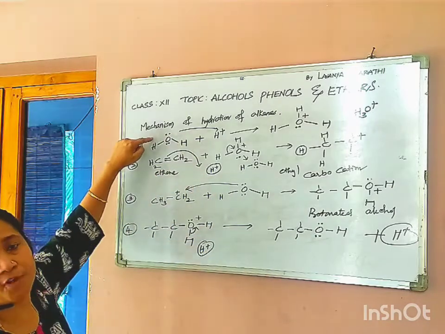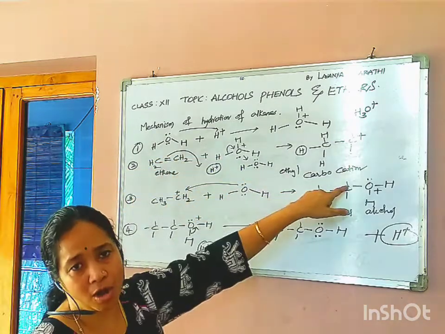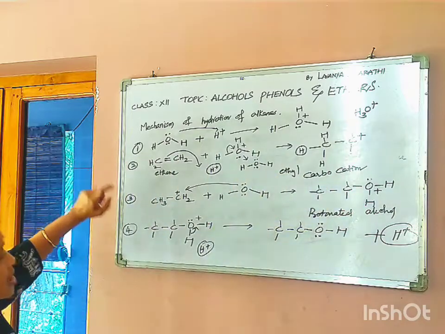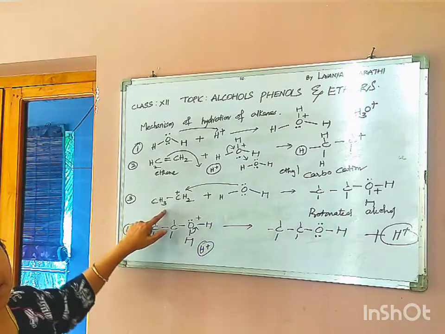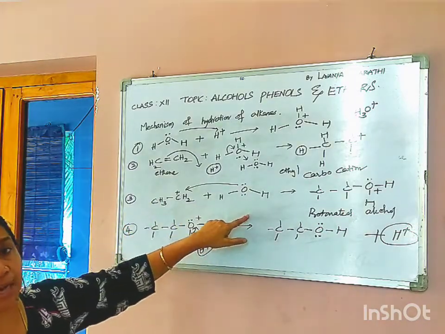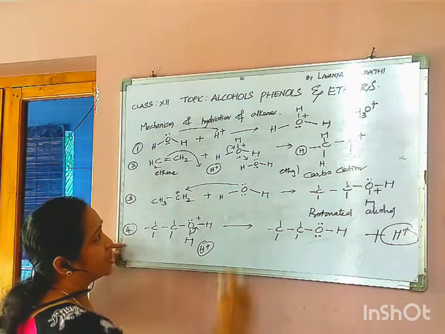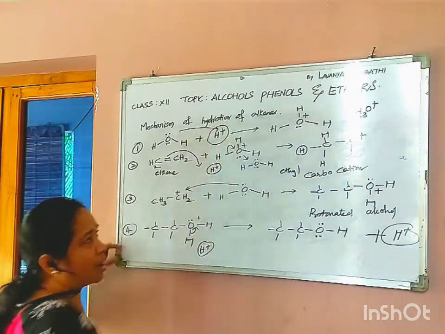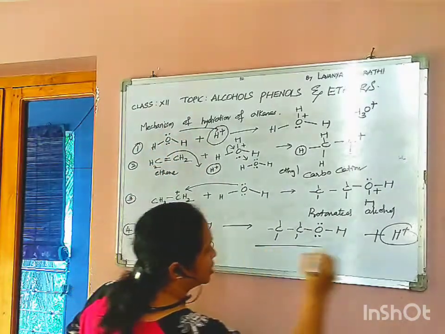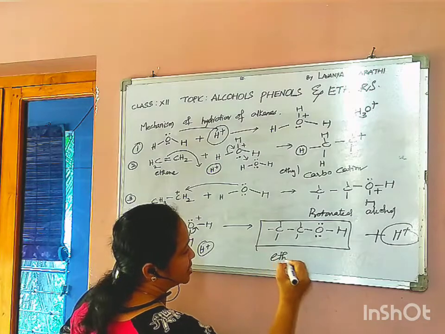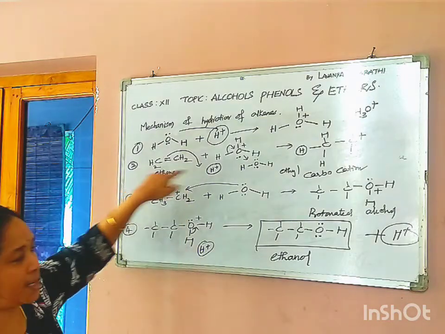So the first step is the formation of hydronium ion. The second step is ethene, which is converted into a carbocation, formation of carbocation. The third step is that protonated alcohol results because the carbocation comes in contact with a nucleophile, namely water. And the last step is deprotonation, where this H plus is removed. The H plus, which is involved in hydration with the help of that mineral acid, has been changed. But now, what is the name of this? This is ethanol. So you can convert ethene, an unsaturated hydrocarbon, into ethanol.